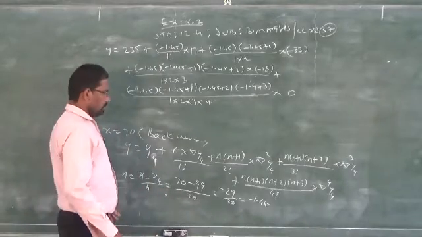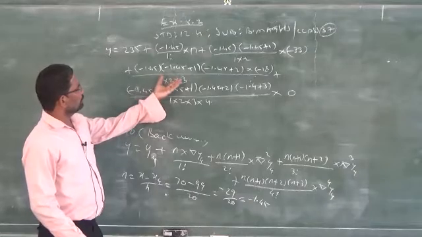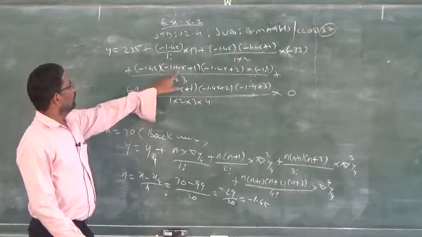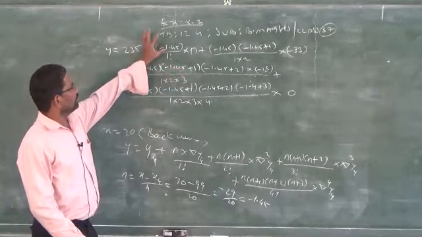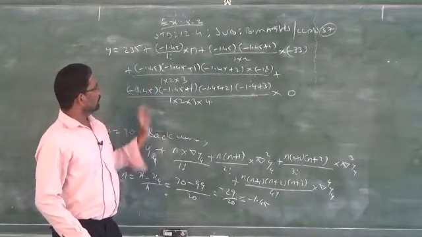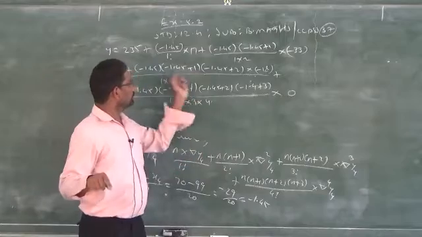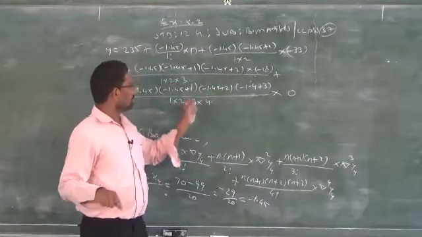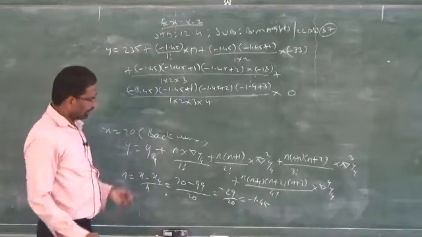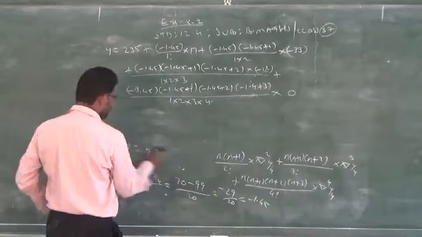Clear? I already told you, after that you have to work out the problems with the help of the calculator. How to use the calculator? Very simple. First multiply the sign, then simplify inside the brackets, then finally multiply the sign, multiply all the numerators, then divide the answer by the denominators. Clear? Finally you will get the required answer. So be careful, do the calculations.